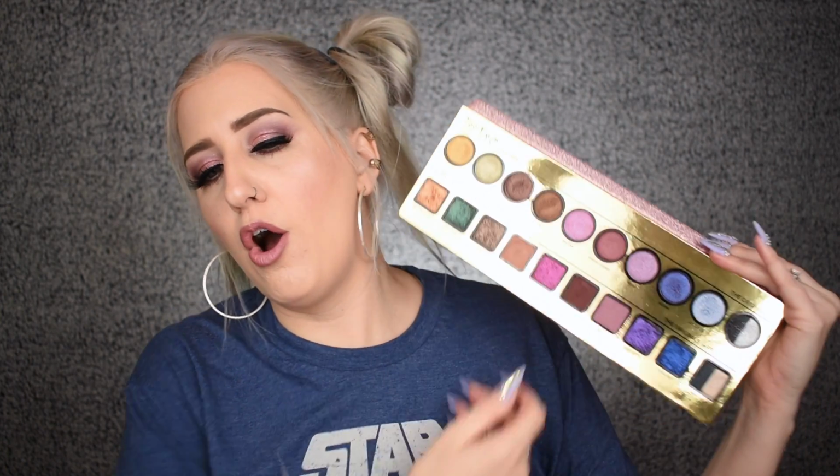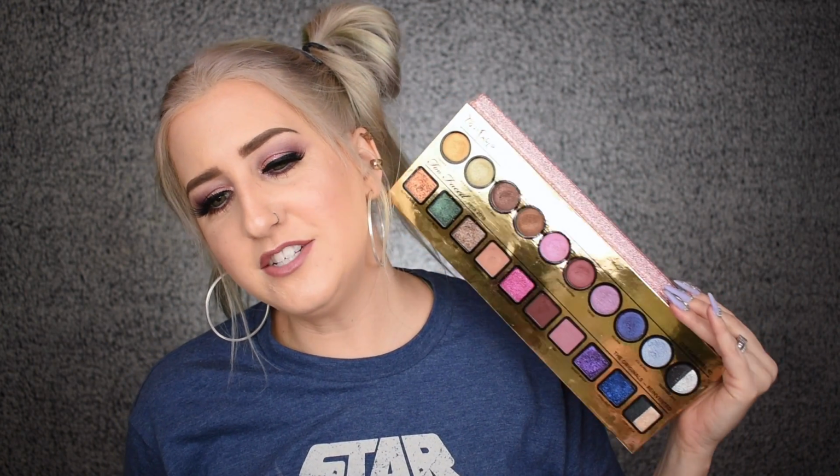Because there are tons of eyeshadow palettes out there that are beautiful and fun, but they don't get my attention because they're not in cute packaging. Oh my gosh, I have a problem. I don't know though. Maybe this one I would buy. It is unique. It is different. And that's something that I look for when I'm looking at a color story. But,